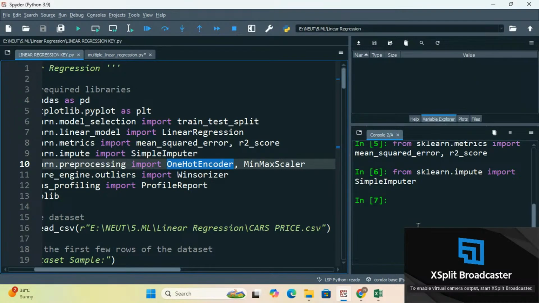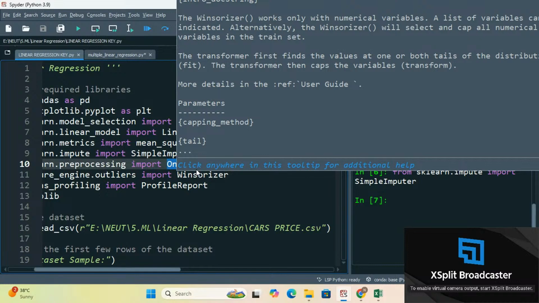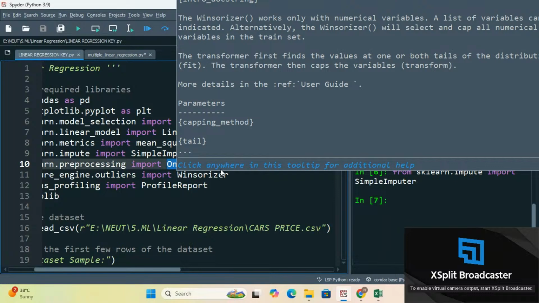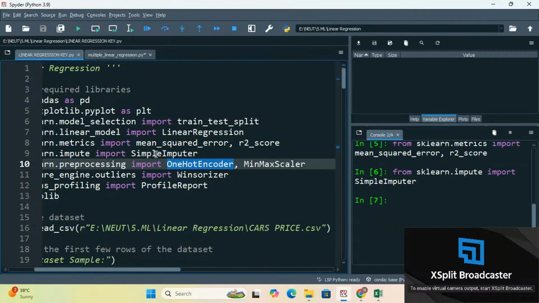Then if you talk about differences, the output of one hot encoder will be either 0 or 1. So if you take any of the classes, the value will be converted to either 0 or 1. Only these two values you can expect as part of the output. But label encoder, no. Depending on the number of distinct values, the number keeps on changing. Then one hot encoder will result in